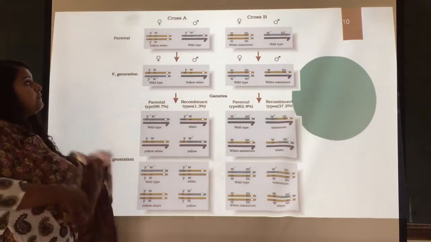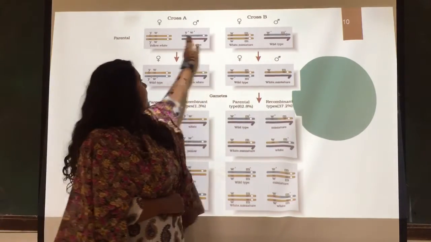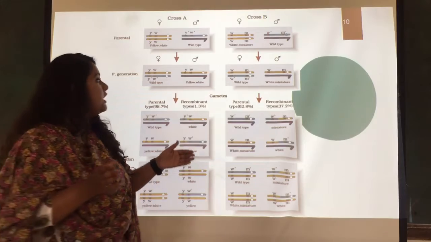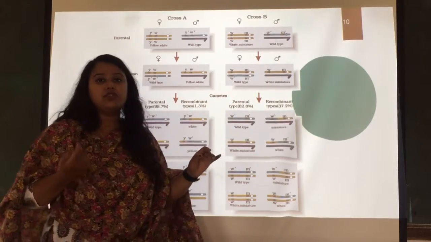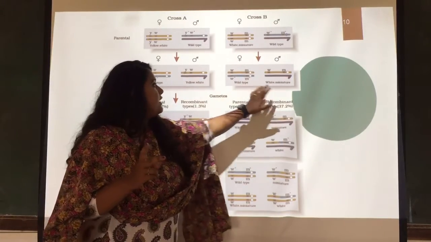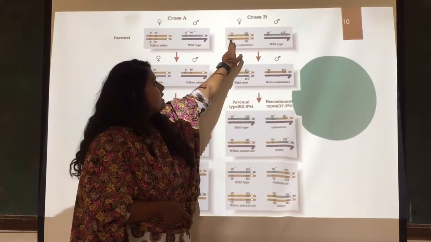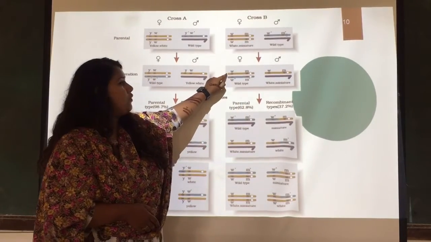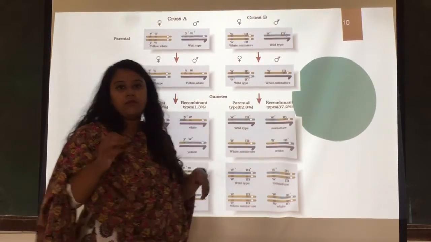The next is cross B, where we are going to take the example of white miniature and wild type. Here you can see that, comparatively, these two genes are present very far from each other, right? So when we go for the crossing over of this particular parent, what happens? We are going to get the F1 generation. In the F1 generation, we are going to get two types, again wild type and white miniature. But how? By the same procedure, as this blue portion comes here and this yellow portion goes there. For this reason, these two are going to form the wild type, because the wild type is dominant over the yellow one, right? And this white miniature forms because here no wild type is present.